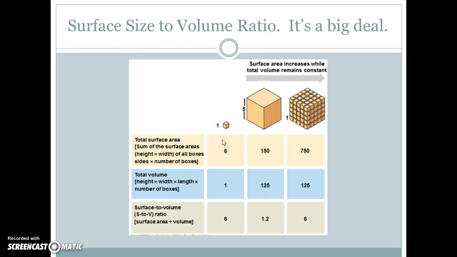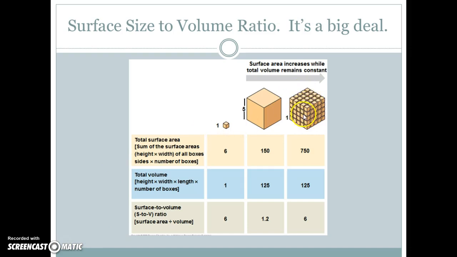Using the same concept for the larger cell, this cell being 5 units tall and 5 units wide, we have the surface area of one side being 5 times 5, which equals 25. Multiply the surface area of one side by each of the 6 sides, we have 6 times 25, or 150 units. Now if we break the 5 by 5 unit up into individual 1 by 1 cubes for the same space,